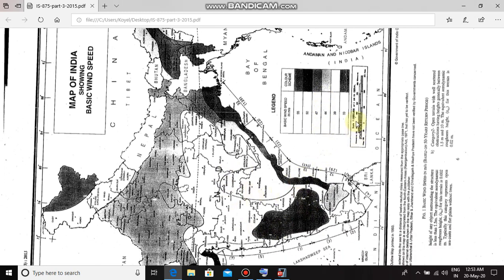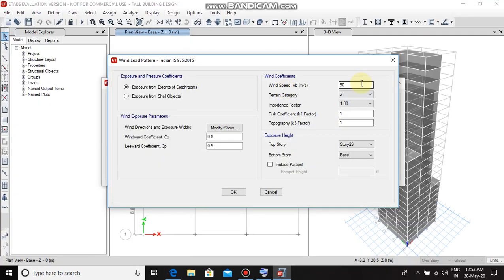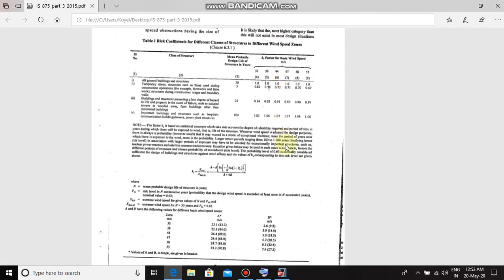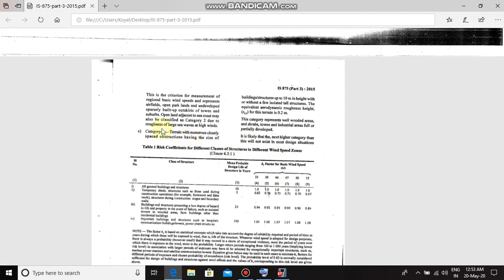From here we can see that the wind speed is 33 meter per second, and the terrain category can be seen from page number 7, that is category 3.